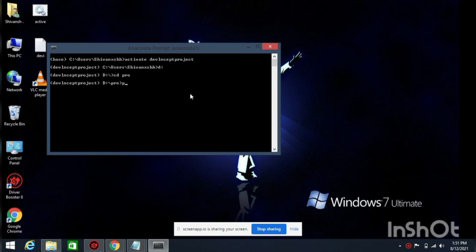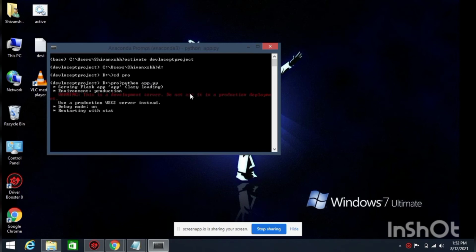For this you have to use this command, python app.py. Now you can see that our Flask app, that is app.py, is deploying on our local computer.